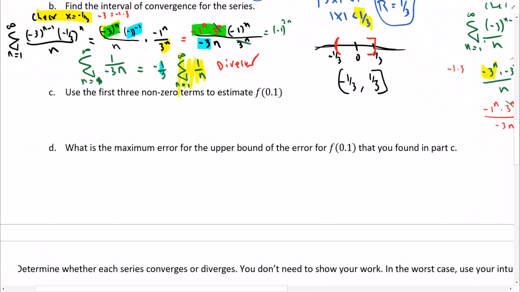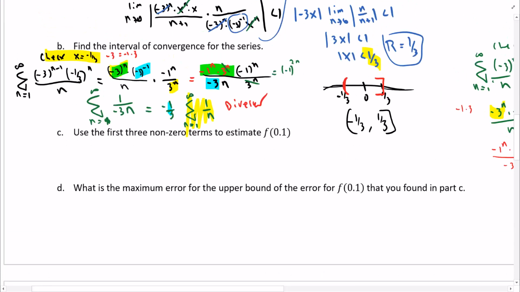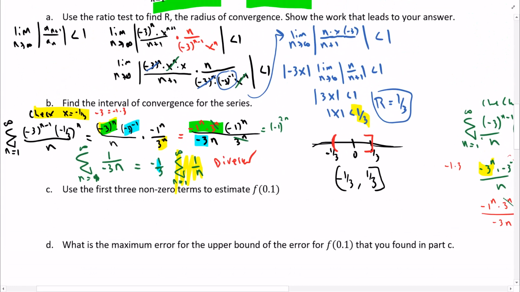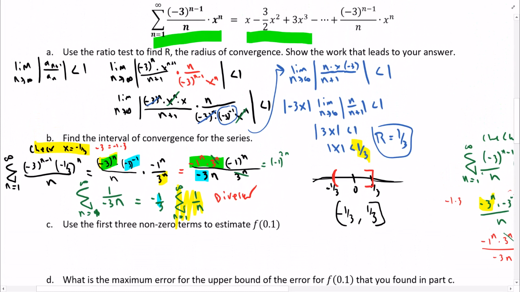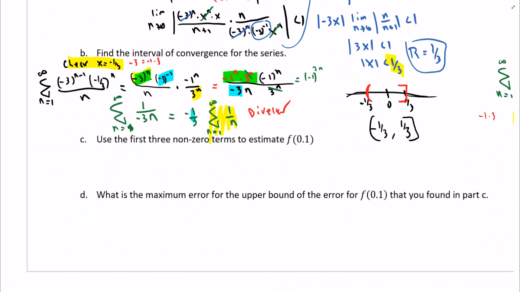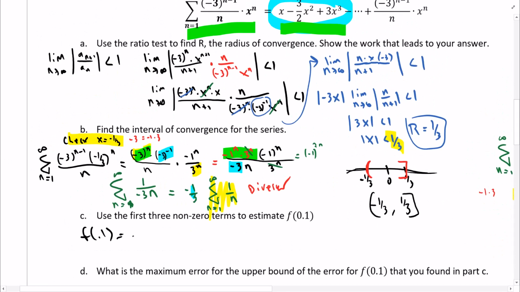Next is use the first three non-zero terms to estimate f of 0.1. Which means we're trying to plug in 0.1. We're using the first three non-zero terms, which means we're using the things that they gave us right here. F of 0.1 is just plugging in 0.1 for that. F of 0.1 is going to equal 0.1 minus 3/2 times 0.1 squared plus 3 times 0.1 to the third,